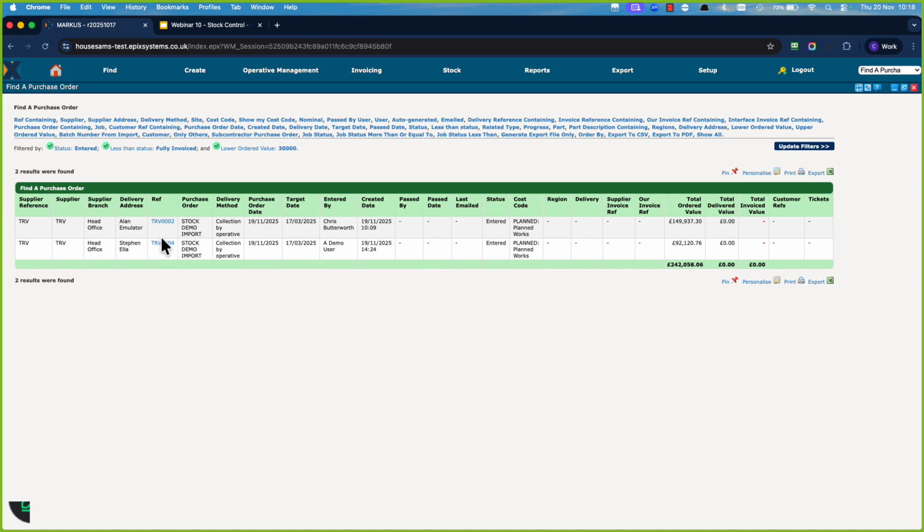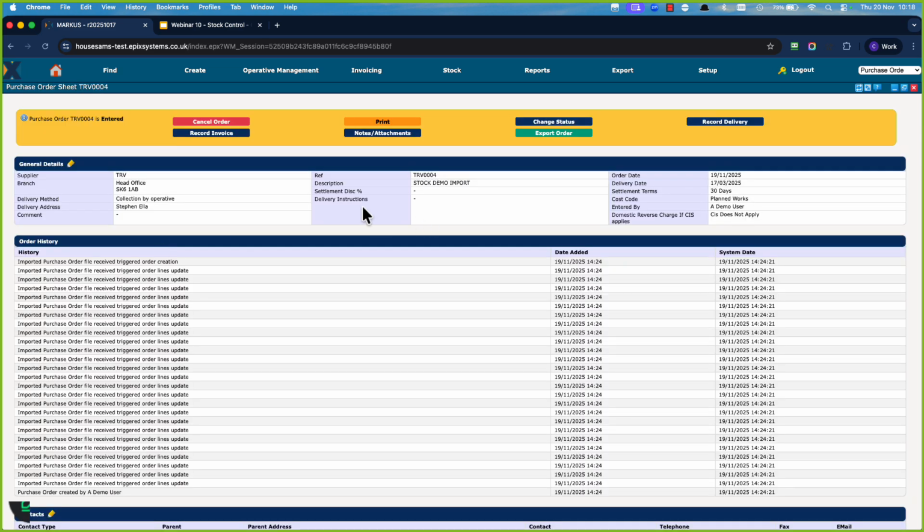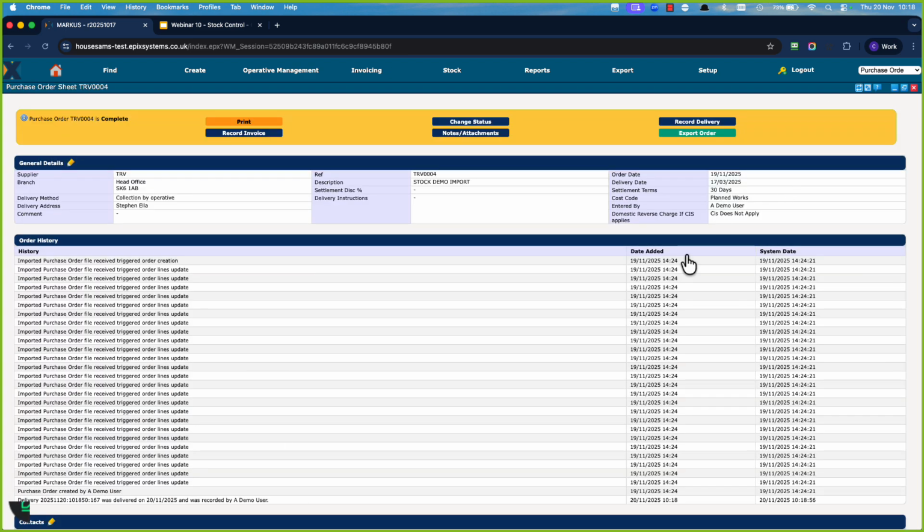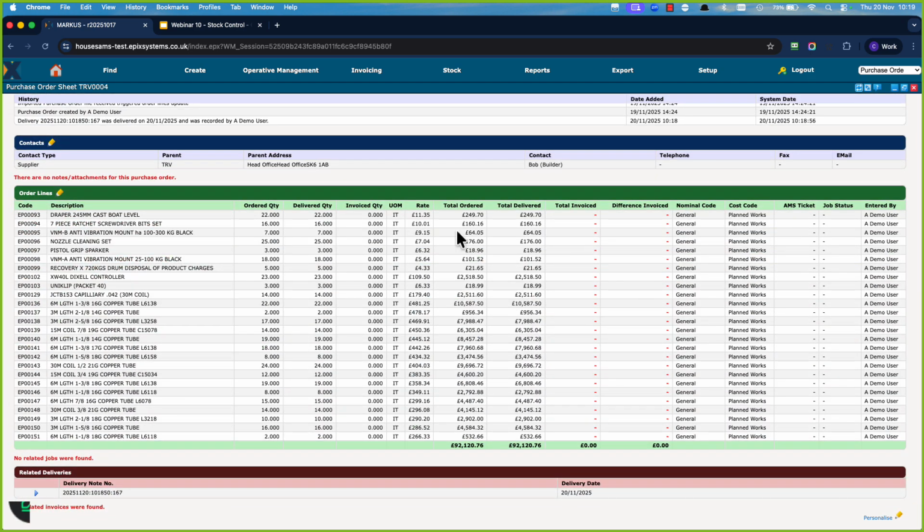So let's start with this one. This is an order raised for a collection by an operative, by someone called Stephen. So if I hit record delivery, I'm going to pop a delivery note in. Just going to choose a date and I'm going to mark it fully delivered. Just going to say everything's been delivered. Hit continue. So just so we can see that, we've now got the delivered quantities all set here in